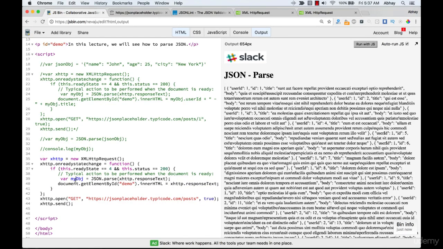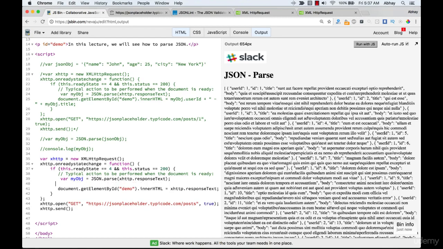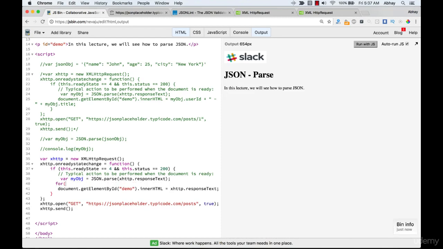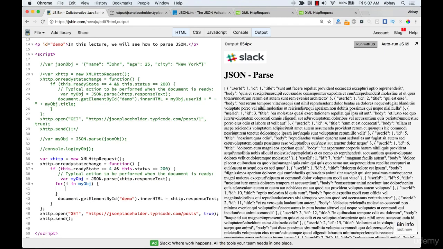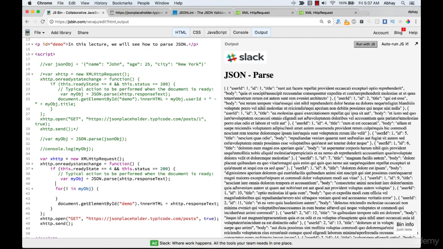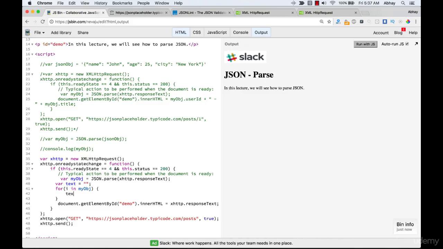So your JSON object is created. Now you will loop through the JSON object because it's an array, and the way you will do it is for i in my object, and then you will get the my object value. Now to display that onto your screen or the text, you will have a variable, let's say text, equals nothing,